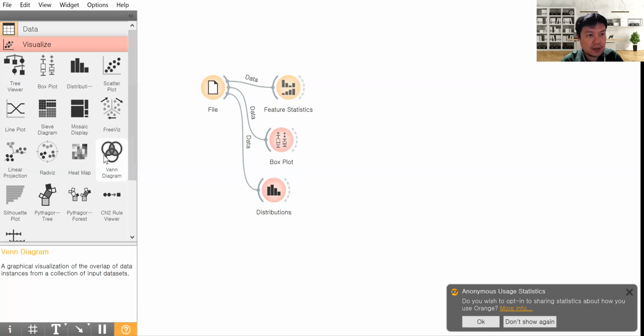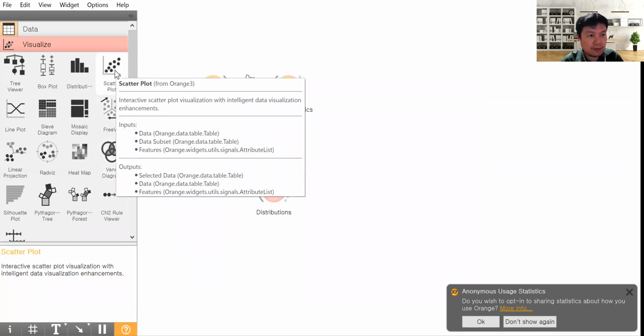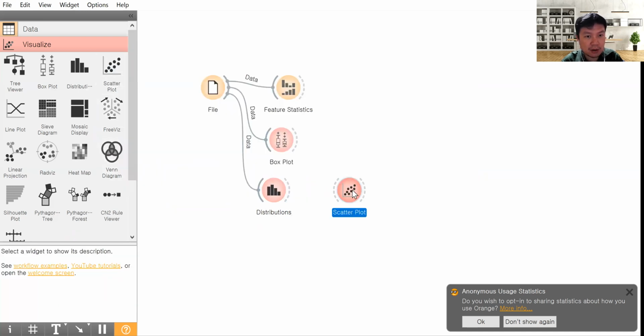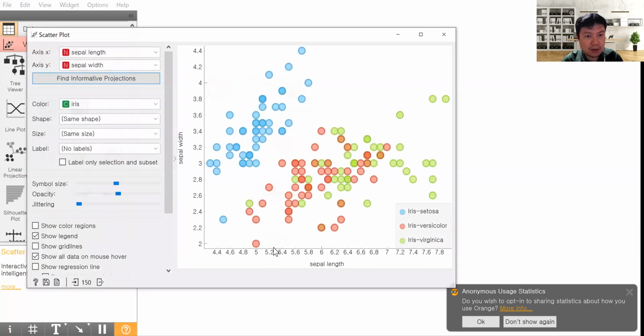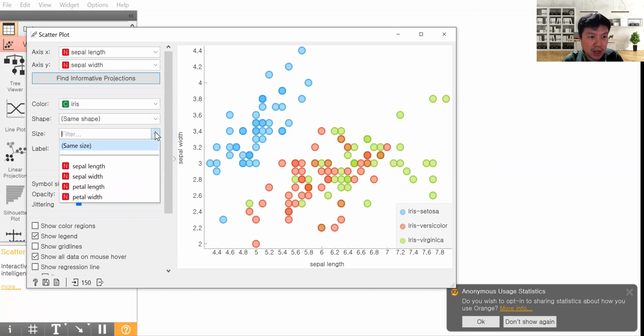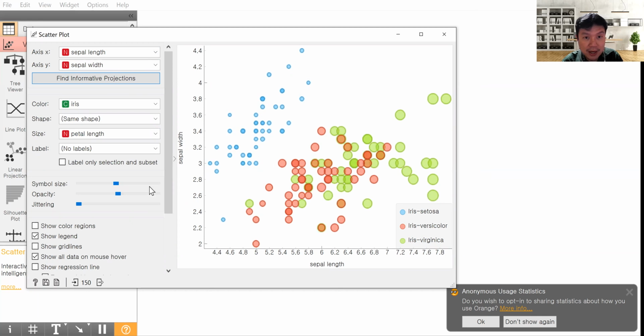And you can see other kinds of plots, for example, the scatter plot. In the scatter plot, you can figure out the relationship between 2 attributes, sepal length and sepal width. For example, I want to adjust the size. So I know sepal length and sepal width, and I want to see the size from petal length.